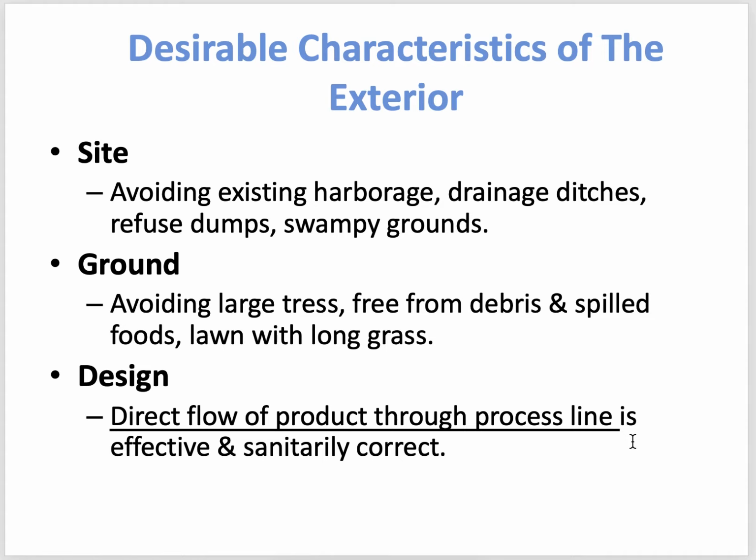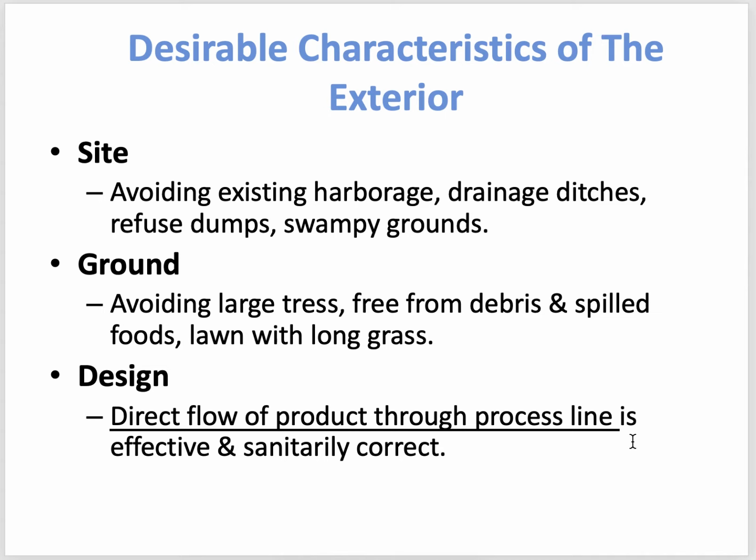In the next step you are mixing something with those mashed raw materials, and in the next step maybe you are doing some sterilization process. So if this process is a continuous line, it's most effective, and this continuous line is sanitary also,